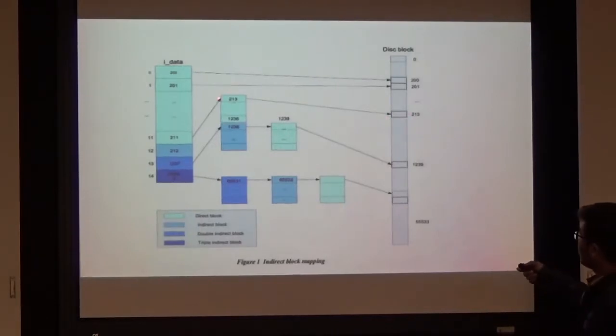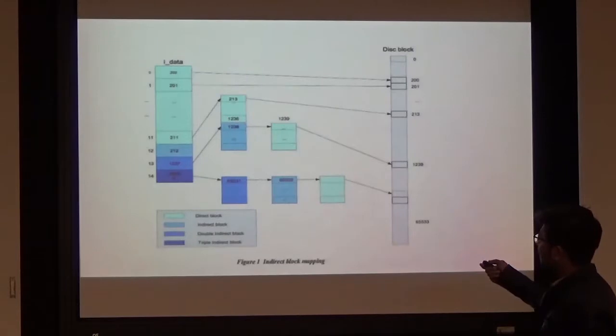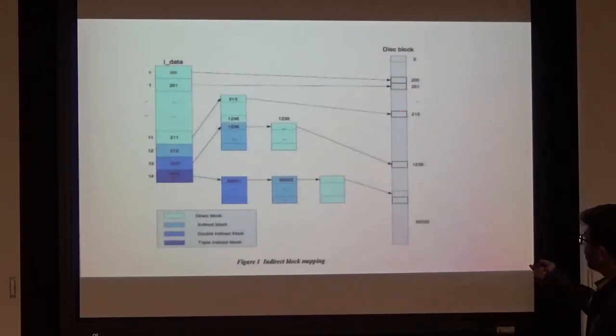This particular block resides on the same disk, but it doesn't contain the actual file content. What it contains is again a list of pointers, and they point to actual file data blocks. So here after 201, the next file data block is 213, which is stored here,